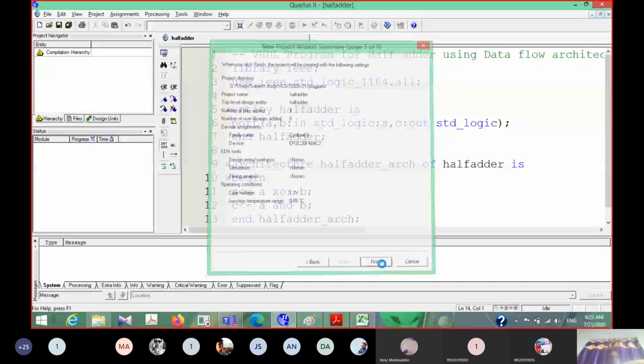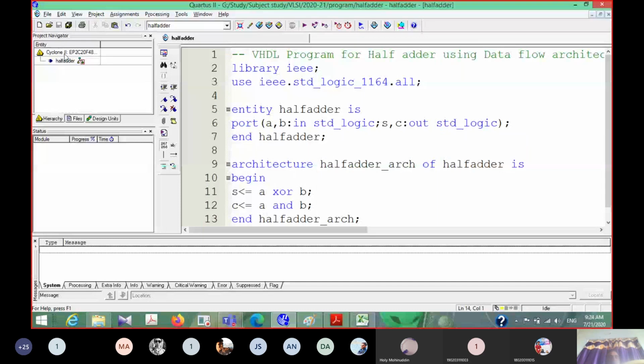Here you can see which project is going to compile. So our half adder project is going to compile. It is in the project navigator window, right? Now, next step: once we enter our design and save and create the project, the third and fourth step